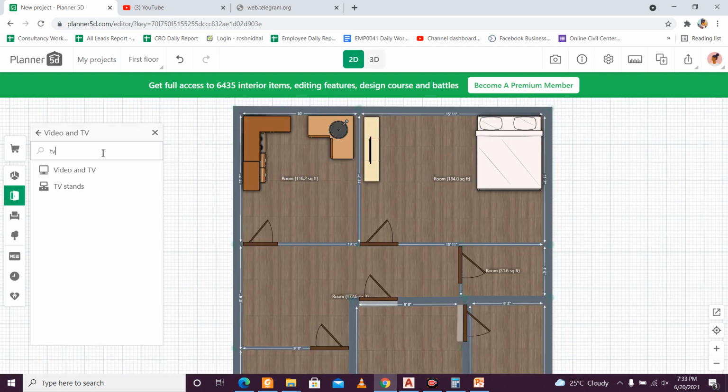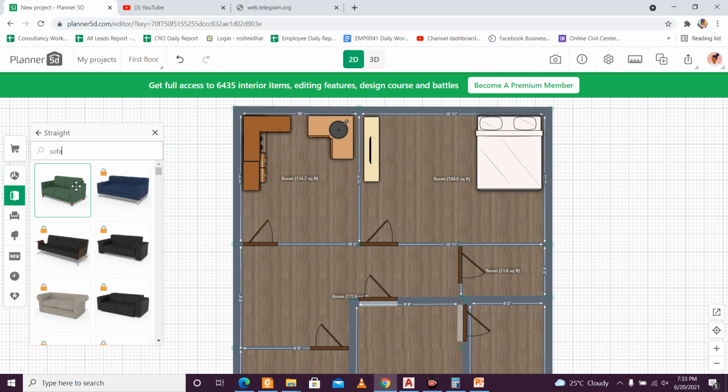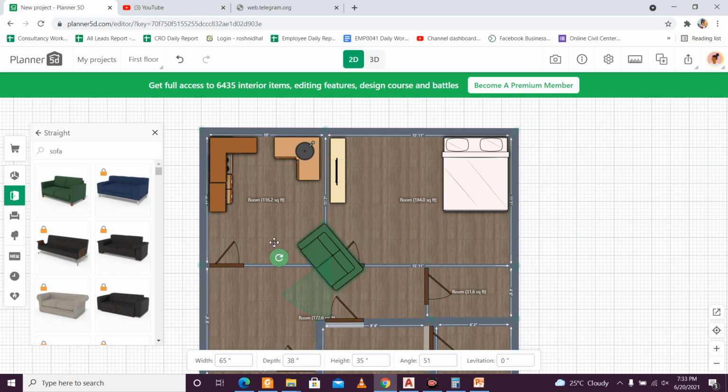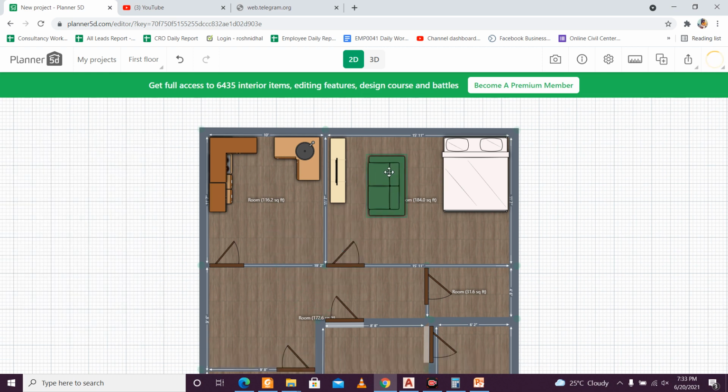Now let me put some sofa. It has some sofas. Okay, straight sofas. This one, rotate, so you can watch the TV comfortably here.